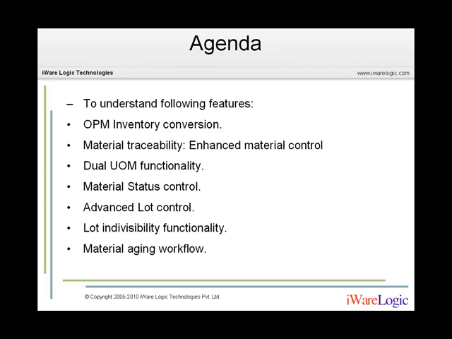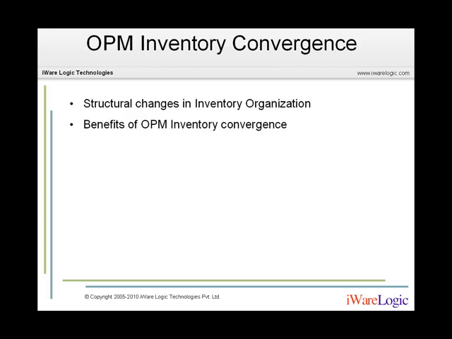Now let's move ahead. The first functionality, or the major change they have made in R12, is OPM inventory conversion. Now, in the 11i case, we know that there are two separate inventory organizations: one pertaining to OPM, that is Oracle Process Manufacturing, and the second one for discrete manufacturing. Now what changes they have made in R12 inventory, that we are going to see. The first point is structural changes in inventory organization, and the second point is the benefits of these structural changes. Moving ahead to the next slide,